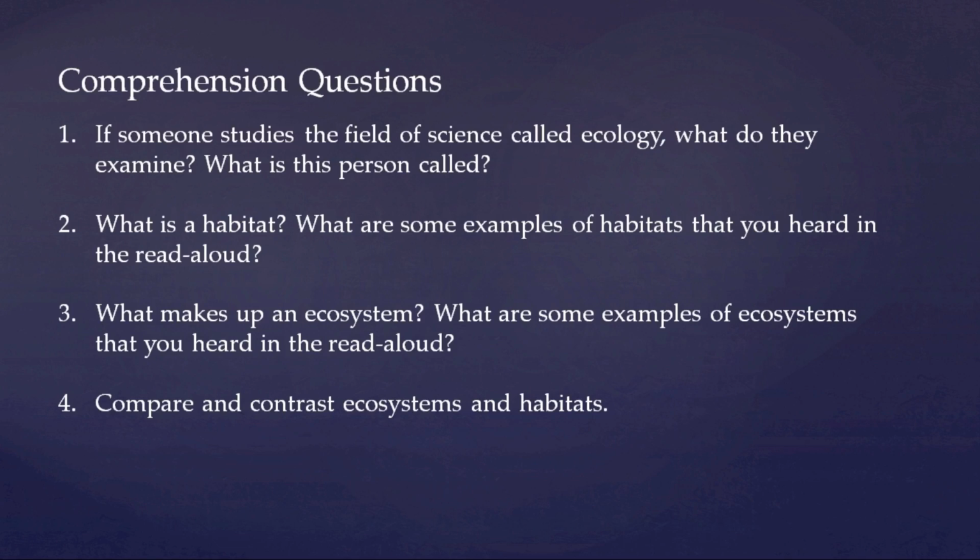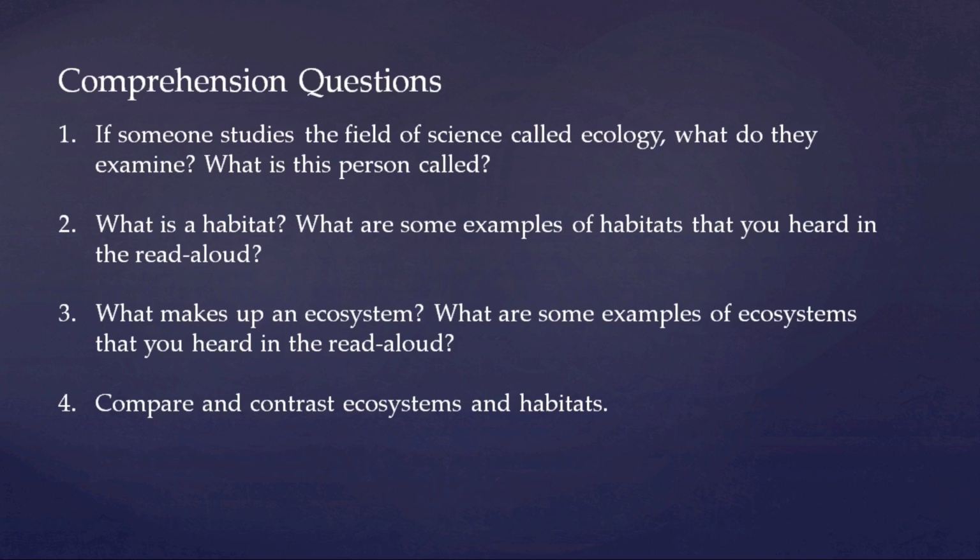4. Compare and contrast ecosystems and habitats. They are alike because they are both homes for living things. They are different because a habitat is the preferred, usually smaller, home of a plant or animal, but an ecosystem includes an entire community, usually larger, of both living organisms and non-living things. Interactions between living and non-living things are the important part in an ecosystem, rather than just a place that provides a home.